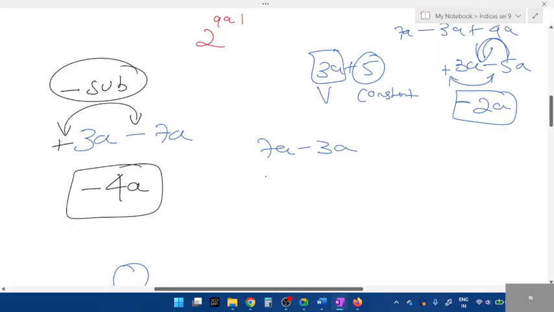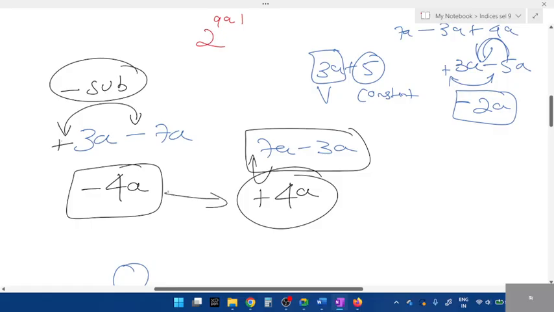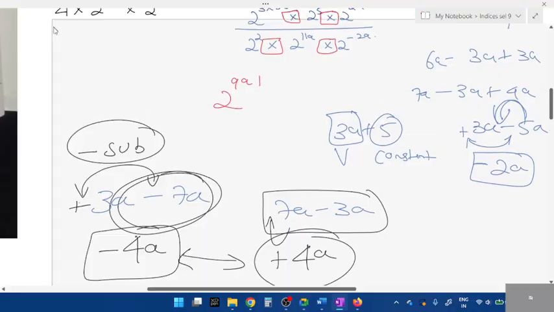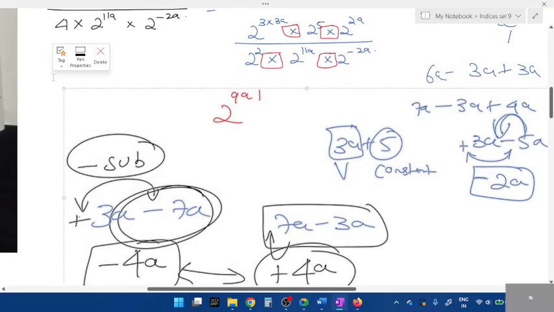What's the answer? Minus 4a. But look at this. What is 7a minus 3a? 4a. Which is greater? 7. 7a is greater, so before that we have plus. Can you see the difference? Are both same? No. The reason we got minus 4a was because of what? 7 was negative. Is this clear? All this you learnt in 6th and 7th, addition and subtraction. Okay, so now based on that,